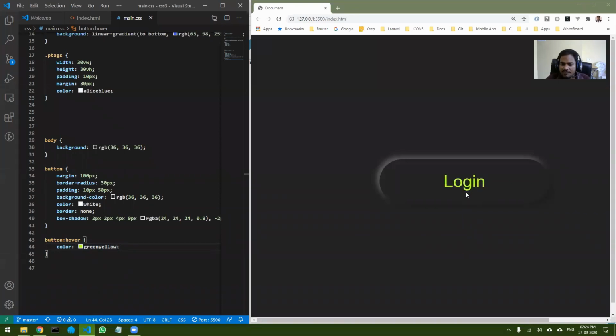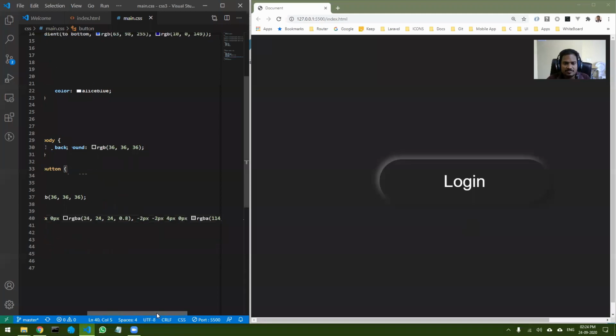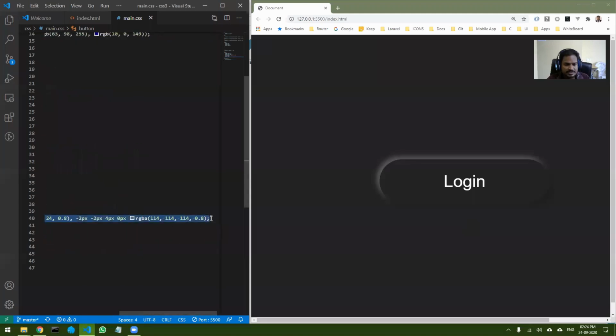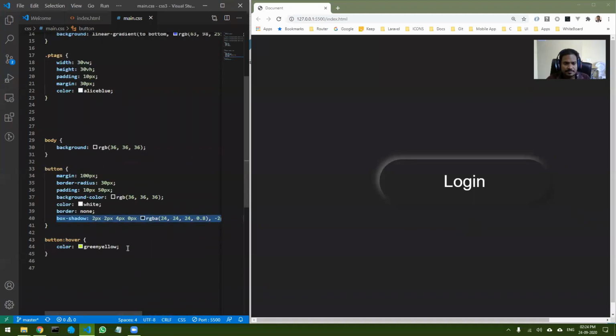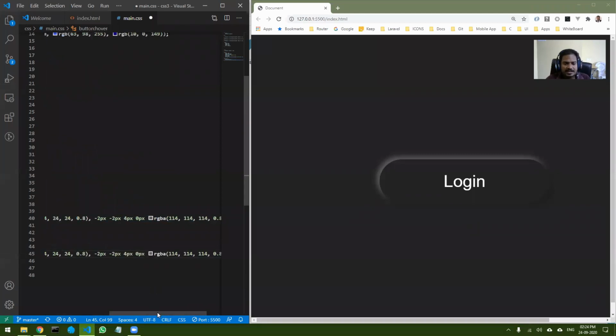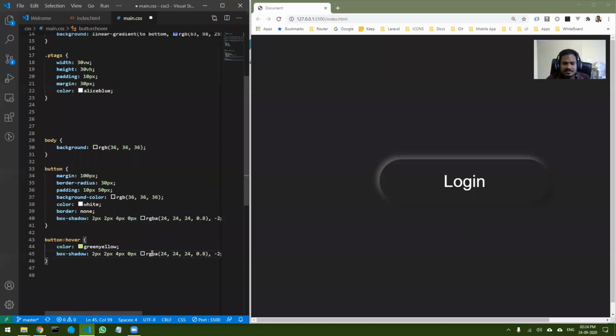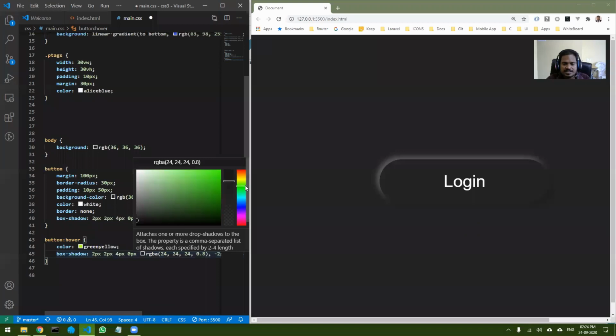Now I want to apply the same effect, I want to add a glow to the button. Let's see how we can do that. I will use this box shadow command, copy this, paste it over here, and simply change the color. Instead of this, I will change the color to something like this.